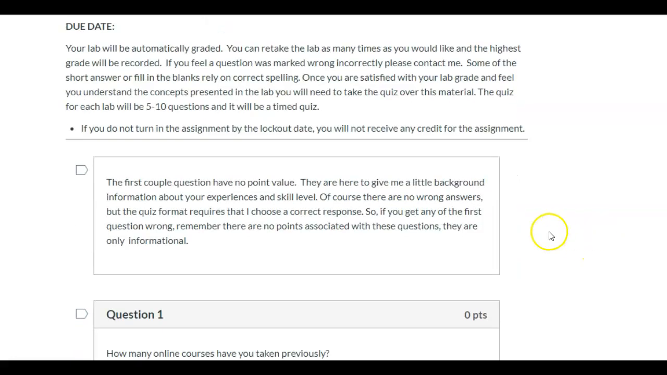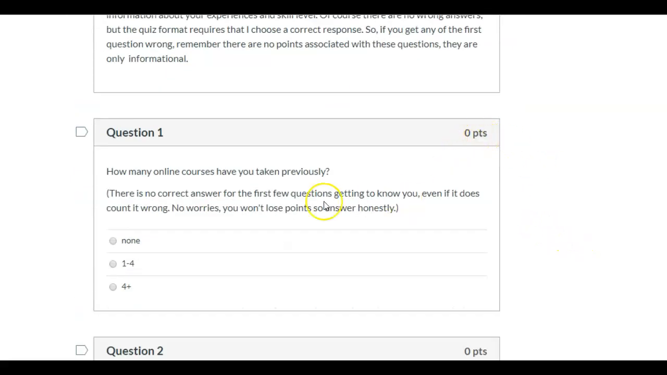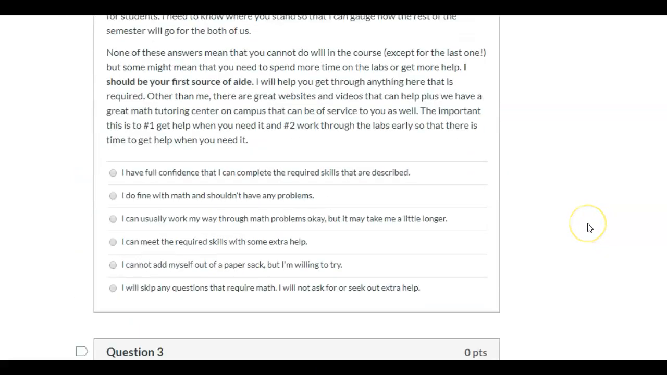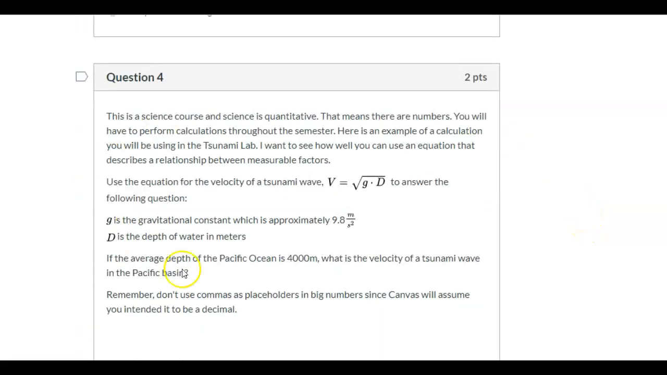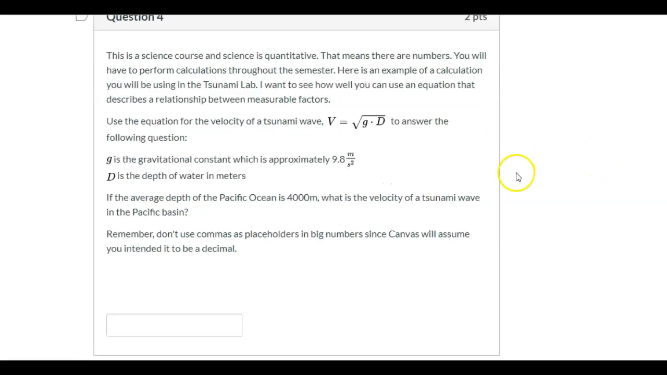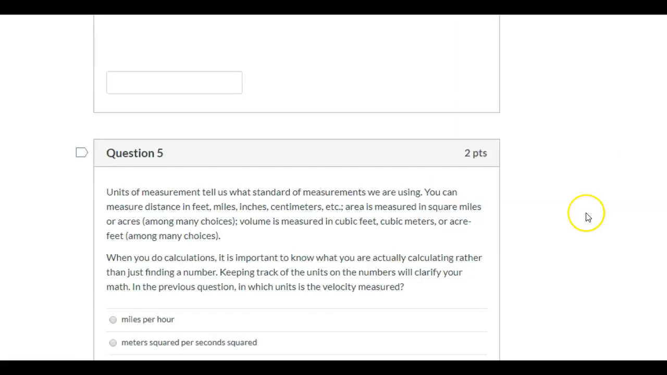And then you'll go through the lab. So you want to take the quiz. Remember, untimed. Take as long as you like to work your way through this lab. First couple questions are just some information for me. You can answer those. And then there are just a couple questions where there is a little math involved. Of course, this is a science class. So a little review